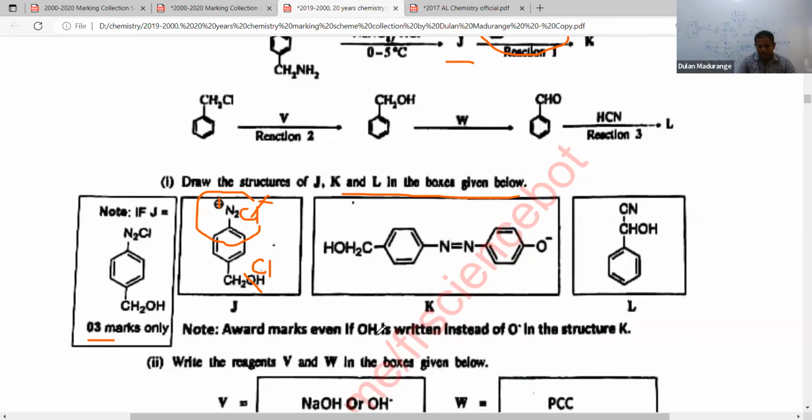About marks, even if OH is written instead of O minus in the structure of K, OH is okay for marks. So then